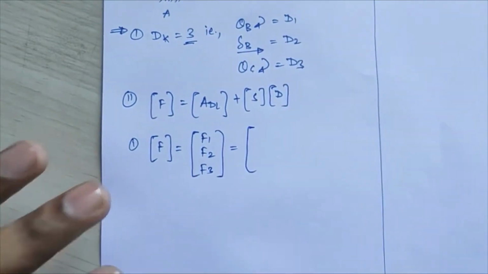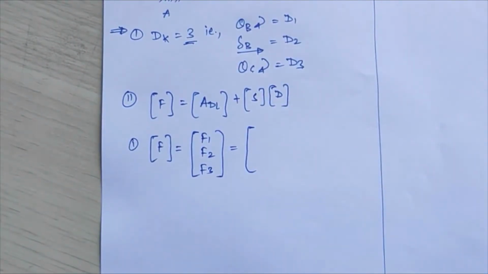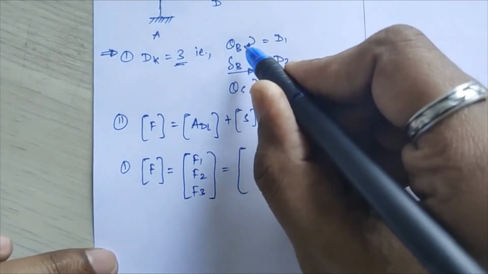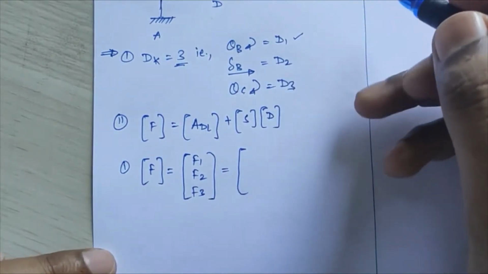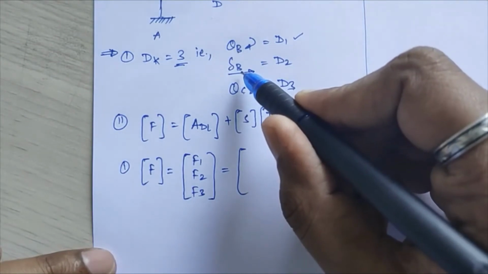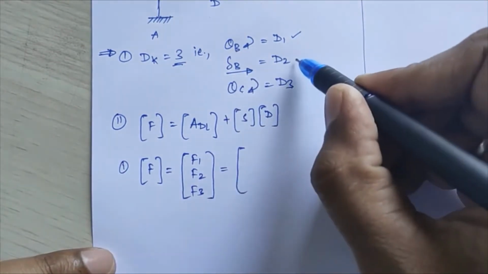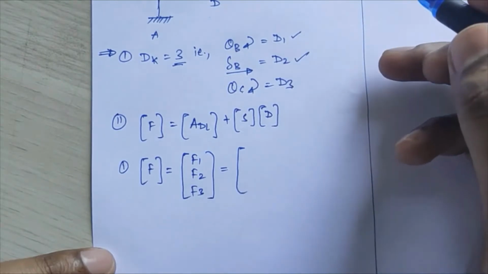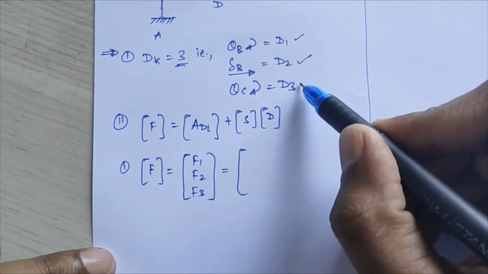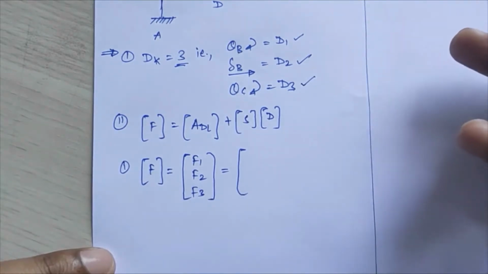Okay, is equal to, now what you have to see here, whether any corresponding forces are acting at your selected coordinates or selected redundant points or not. So your first selected redundant, that is the theta over there, what you have to see is whether a corresponding moment is acting at your first coordinate. Then second is your displacement, that is delta over here, so you have to see whether any corresponding force is acting over here. And the third is again the theta, so you have to see whether any corresponding moment is acting at your third coordinate or not.